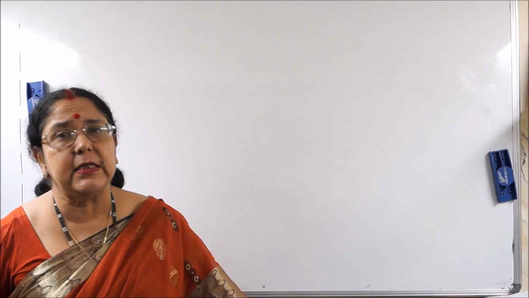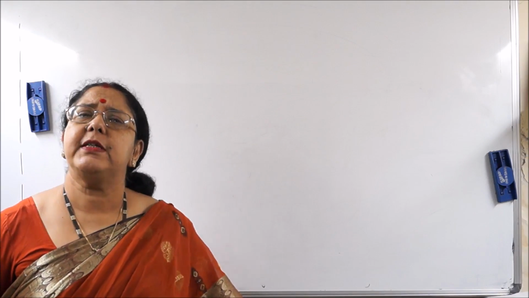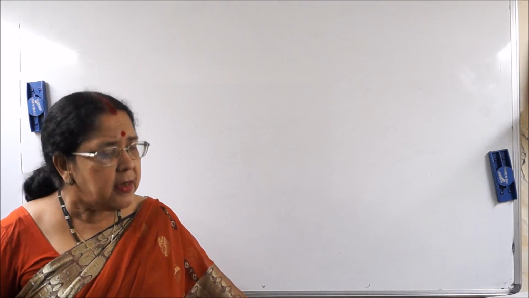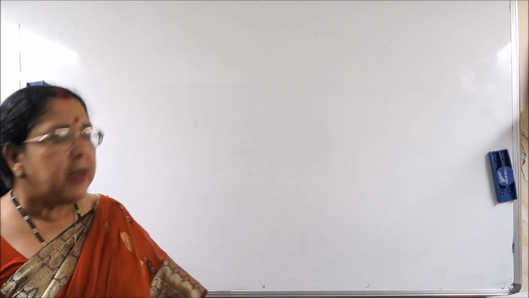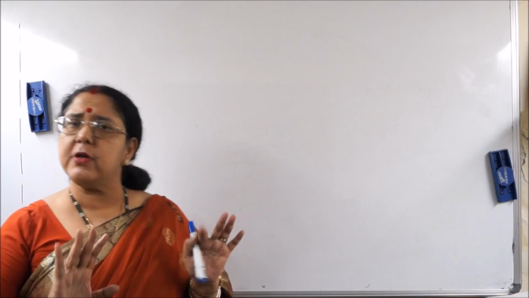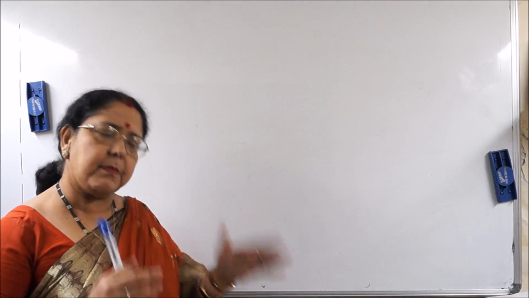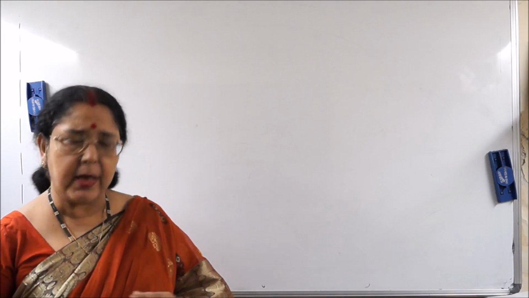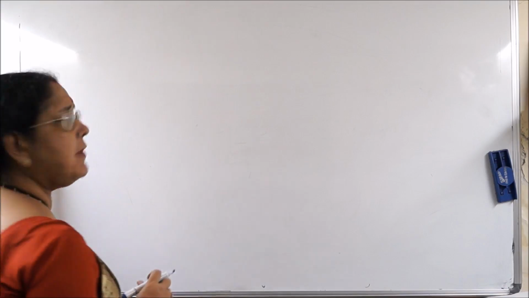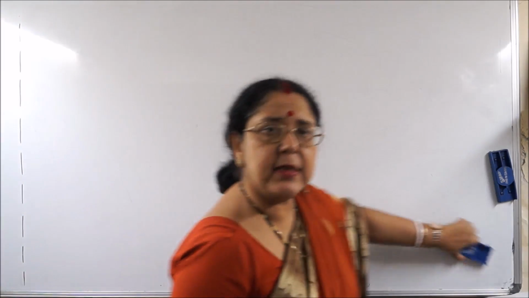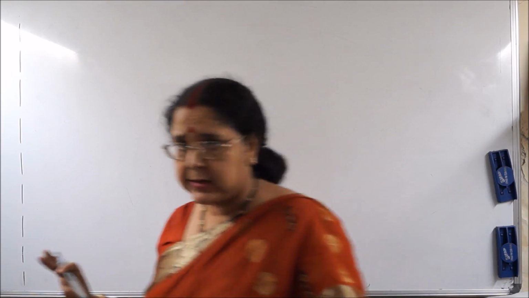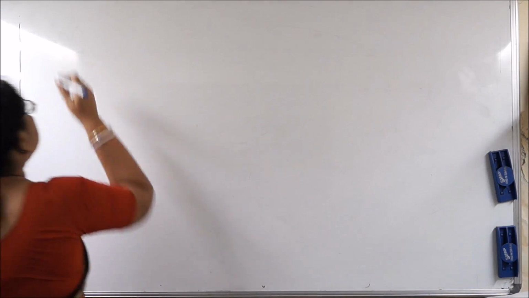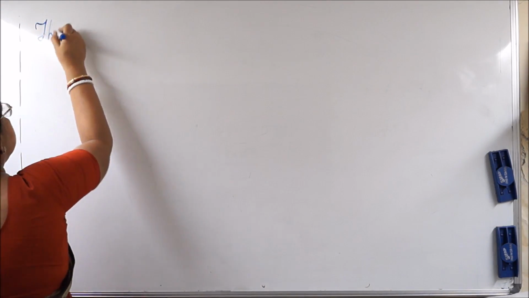Now what is converse? In your colloquial language you may say reverse, but in mathematical terms we call it converse. So first let me state the theorem. There is no name for any theorem, the statement itself is its name. For our convenience, as I told you, I will be naming it and numbering it as 2, but as I told you, the 2 is not fixed. So the statement goes like this.